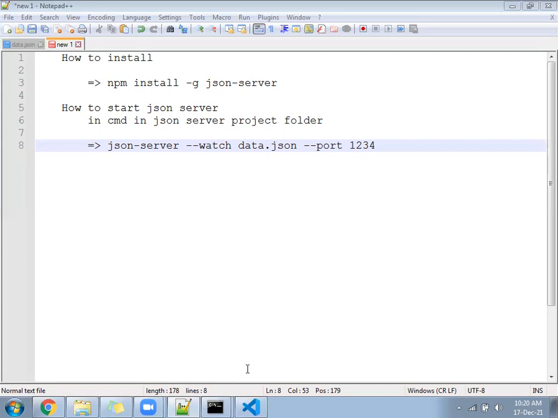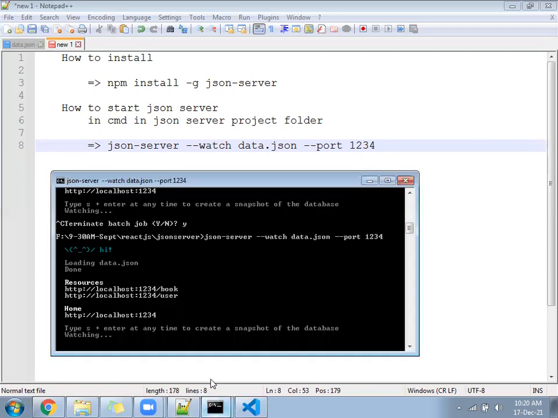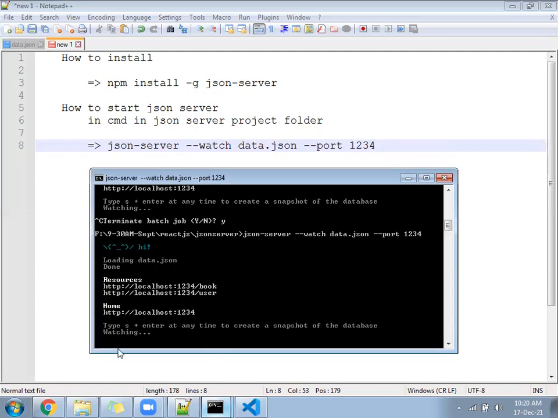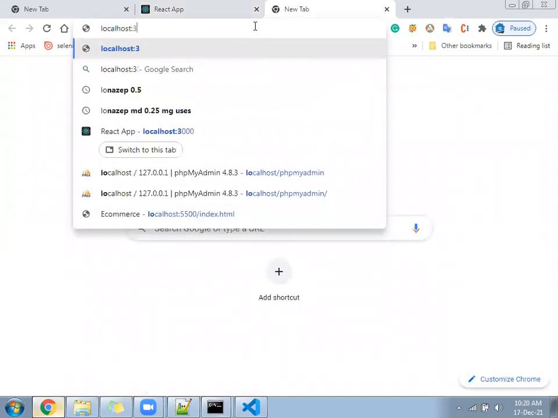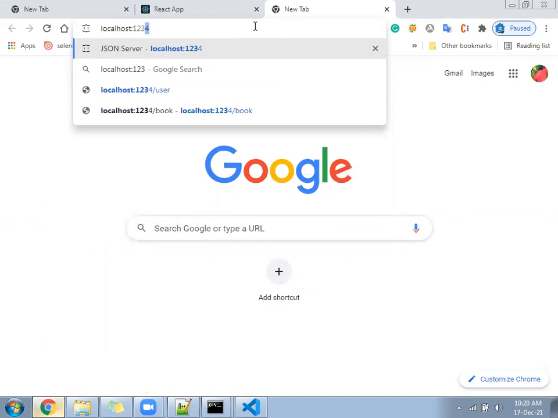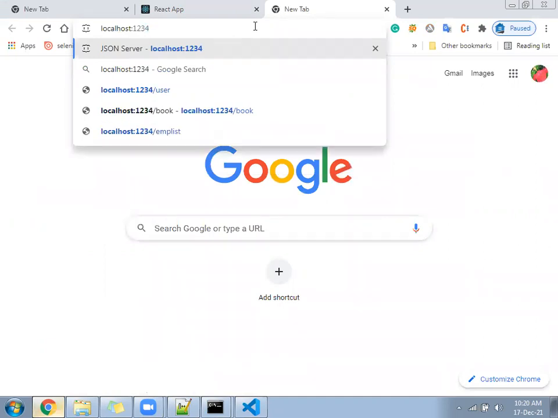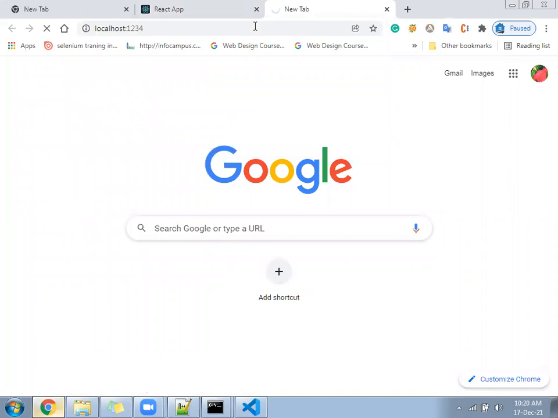Okay, now I'll come to the next. In your CMD, you have done npm json-server start, and json server is running. Now see there are two URLs, localhost colon 1234 /book /user. So come to the browser and write here localhost:1234.